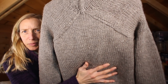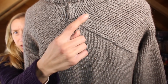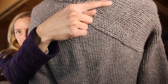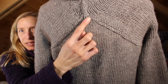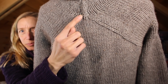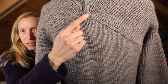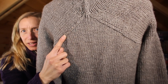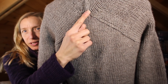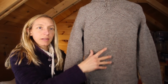And I'm going to see if I can bring my sweater in here close. Yeah. So you can see that I added my short rows. I'm going to try to do this backwards on the camera here. And then I went in and reinforced this particular area by doing a duplicate stitch back and forth on each side so that it looks from a distance a little bit like this seam, or this faux seam here, and this faux seam here,